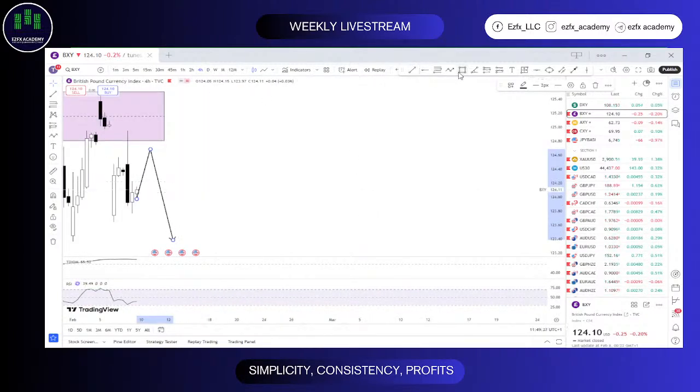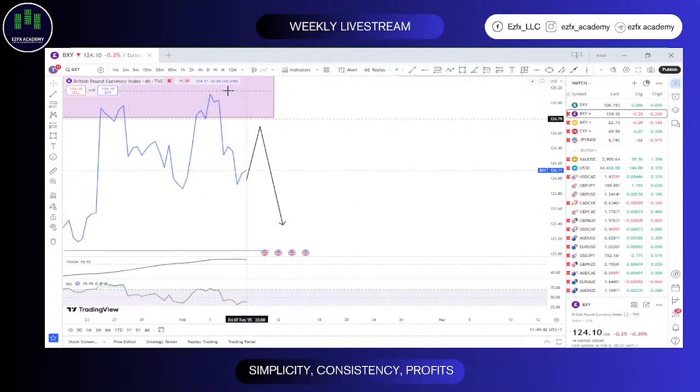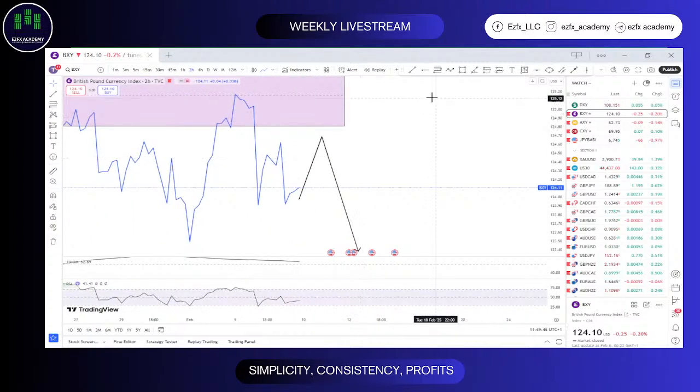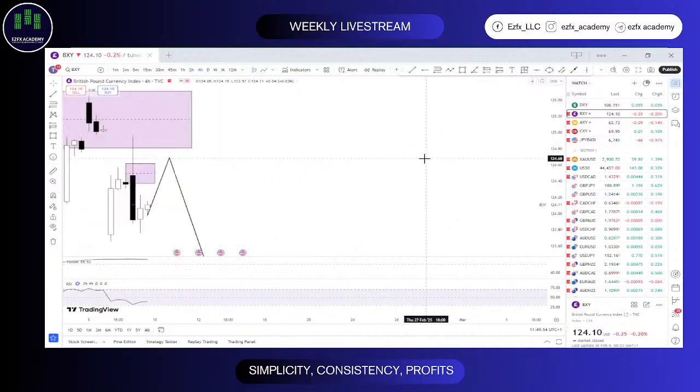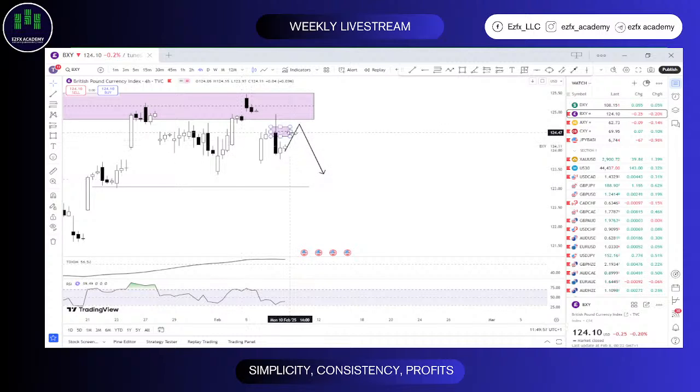So we might get a reaction, or let's just use the line chart to see if we can pinpoint any region that would be of interest to us more immediately. Which I think should be the wick of the candle that we were just looking at, around that wick region. So something like this is what I'll be watching out for. All right, on BXY, I'm expecting the pound to get stronger a little bit. Possibly that will end today or tomorrow, and then we get to see a drop some more.